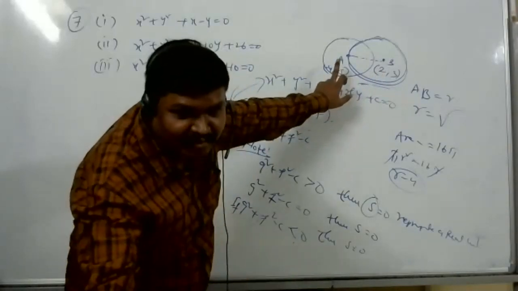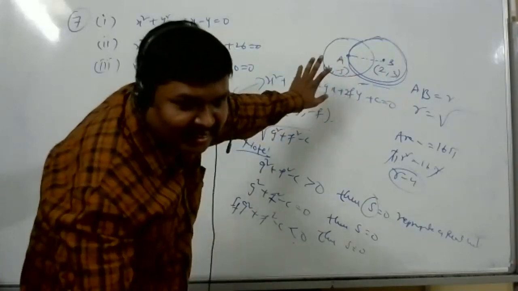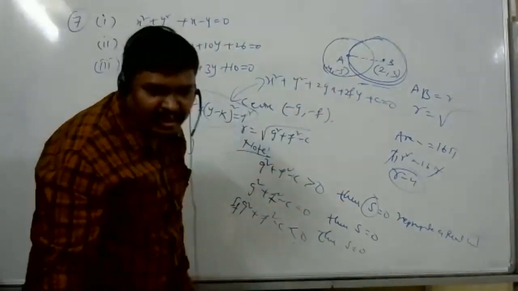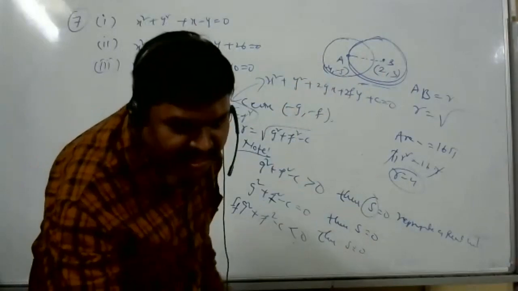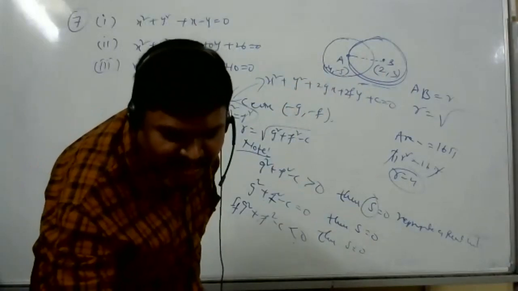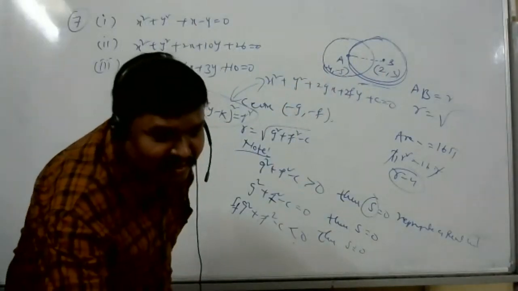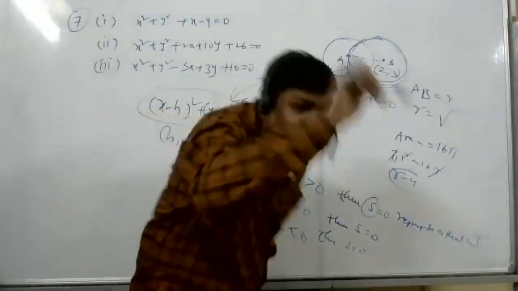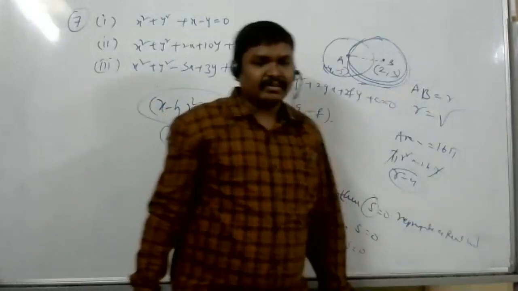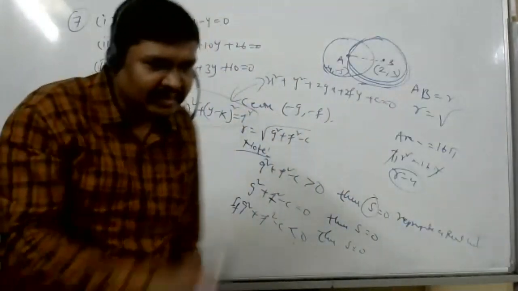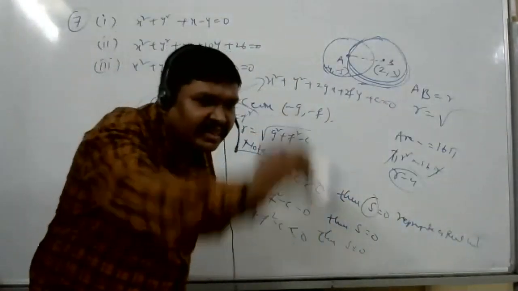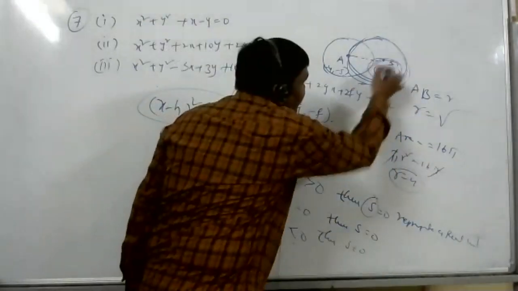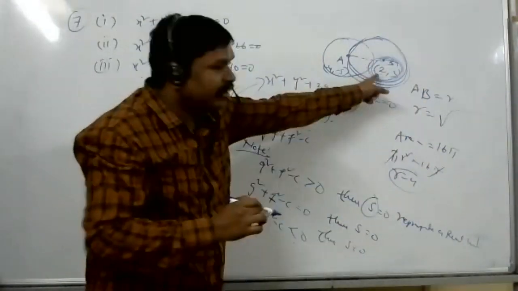See, first read the problem. Could you give me the question again? I missed some point there. Find the equation of the circle which passes through the center of the circle, one more circle. Yes, that circle is the concentric circle. Okay, sir. That circle is the concentric circle. That center is this one. This is the center, not this one.